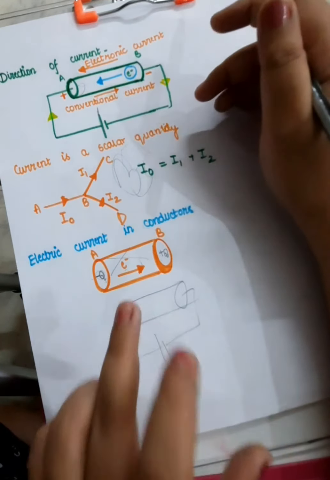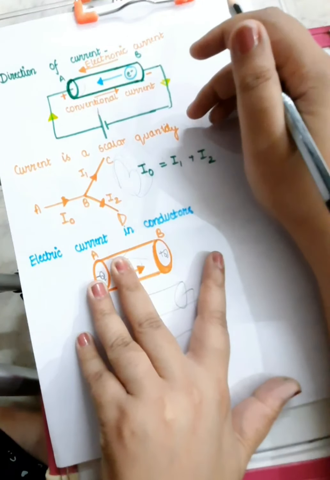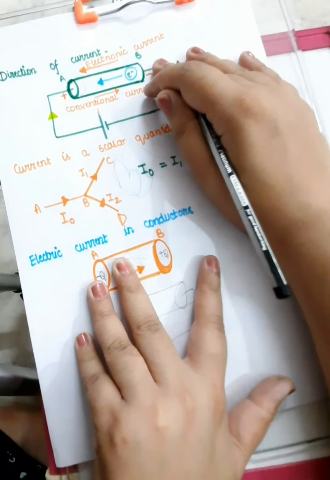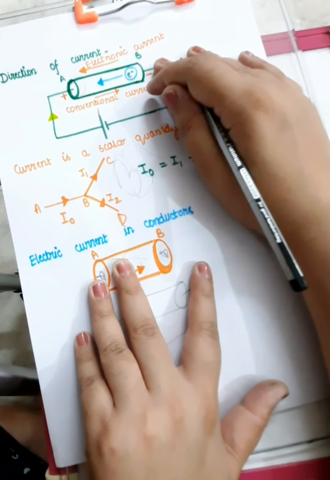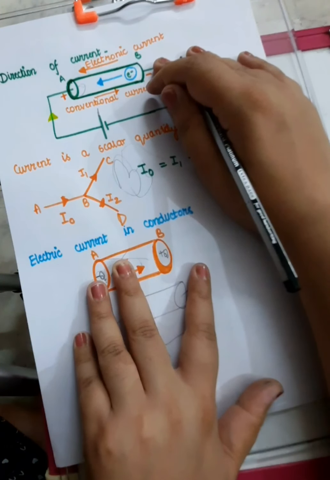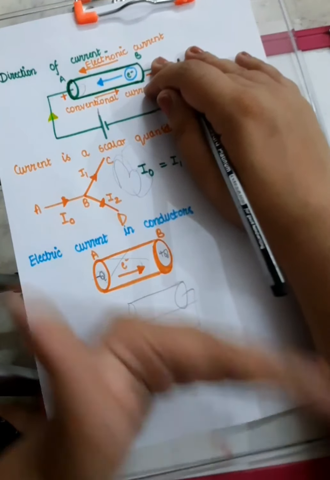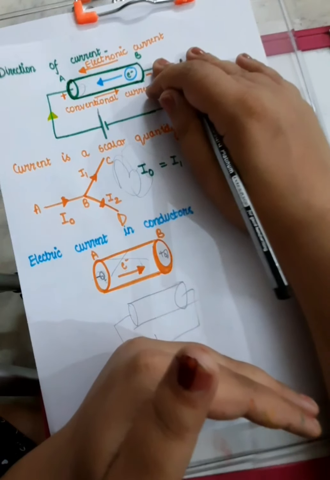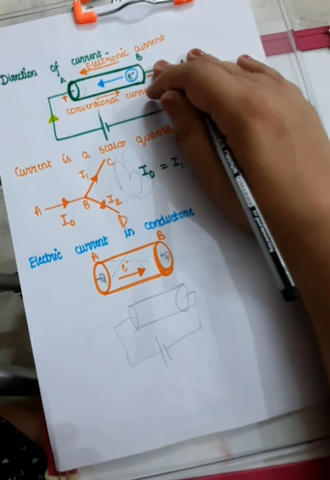Fine. And remember, in the absence of electric field or potential difference, the charges are moving, but they are moving randomly. They are moving because of the room temperature, because of the heat that the substance is acquiring. So they are randomly fluctuating up and down. But that up and down fluctuation, that random movement, is not causing current to happen. Fine. So this is all about electric current and the facts related to it.